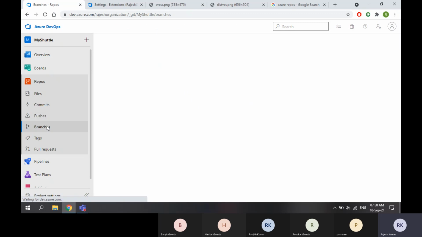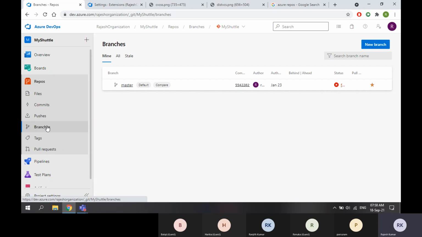Then next, branches. This branches concept is not there in centralized. In centralized, there are no branches. You will have branches in distributed only. So what is a branching strategy? Branching strategy is something like you are having the same source code copy in different locations within your system only.